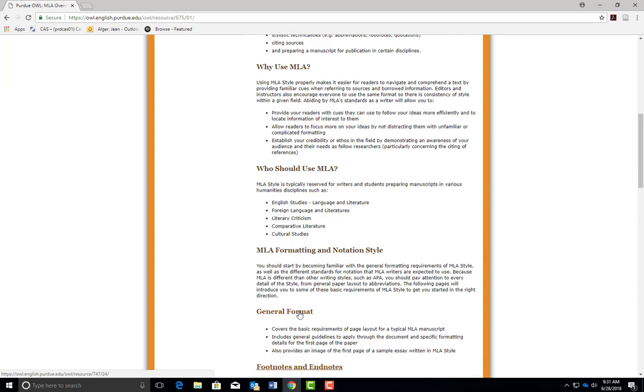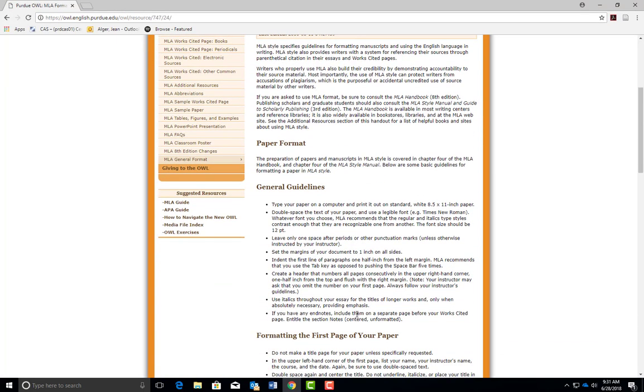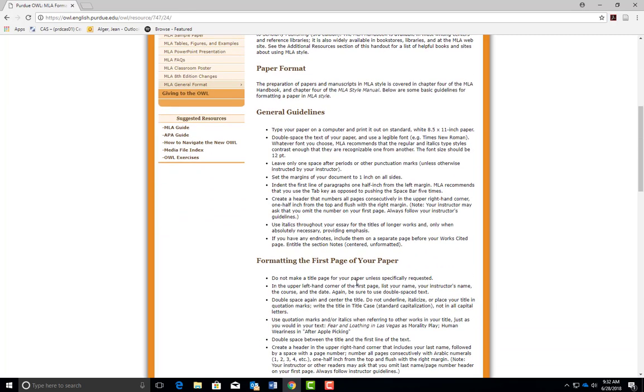The general format tells you the paper format and general guidelines, such as double spacing, using a legible font, and rules like margins, indenting first lines of paragraphs, and all of those kinds of things.